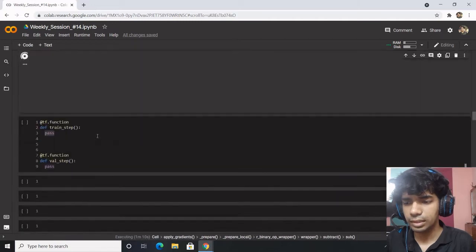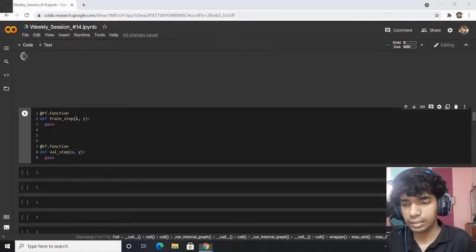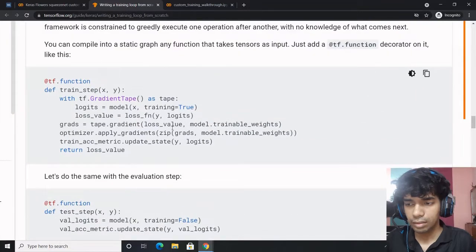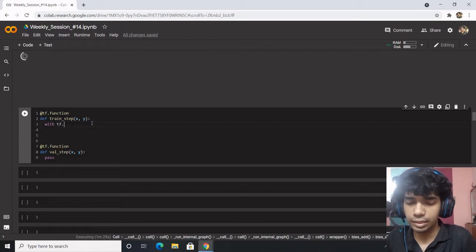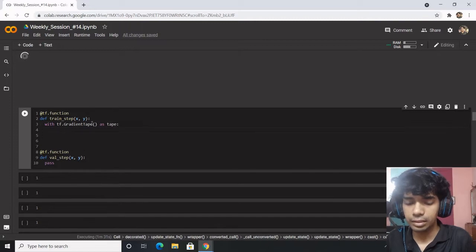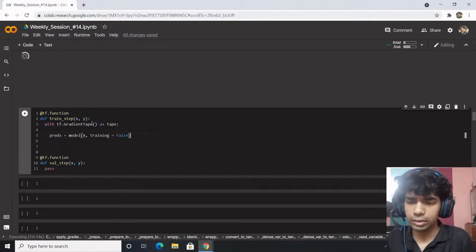Within the first, what I need is x and y. So is the case with the validation step. I need x and y. What did we do in the train step? We did the gradient calculation, with tf.GradientTape as tape, and the first step is obtaining the predictions, model(x, training=True).